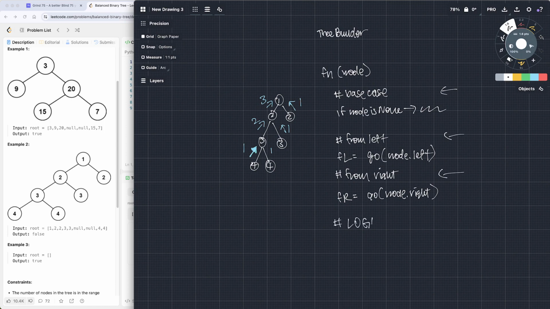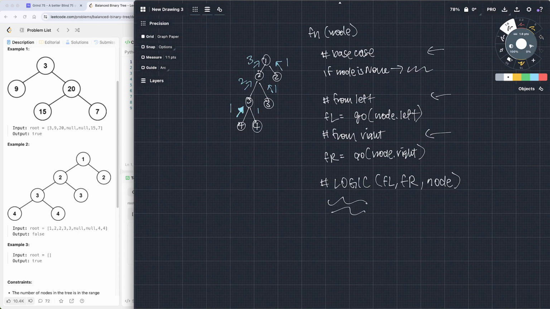I'm just going to say logic here. I'm not going to do something, but the logic's probably going to take the FL. It's going to take the FR. It might even take the current node, right? So with all three of these, it's going to do some logic. And then we're going to return, right? And the return is always going to be some recursive. The return is going to be essentially